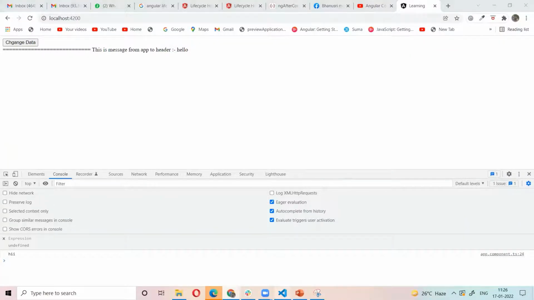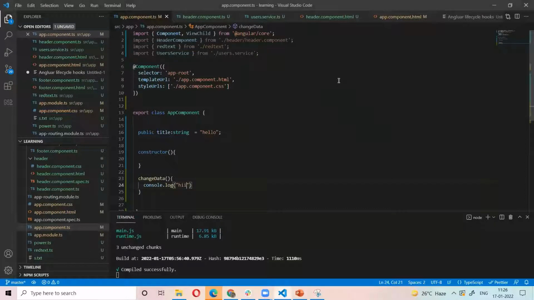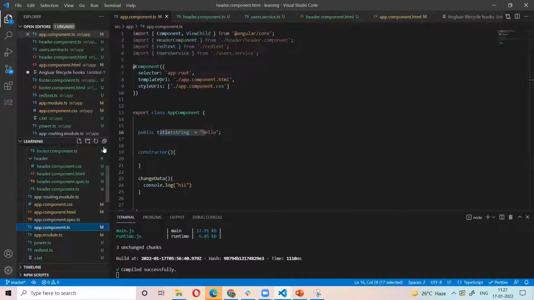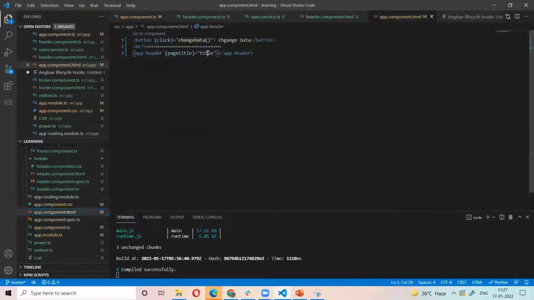Now what I'm saying is, when I click the button, I will change this title. Then automatically the header data is changing here, right? This page title is changing here, because we are passing this title value to the header component. If I change the title value, automatically this value in the header component will change.